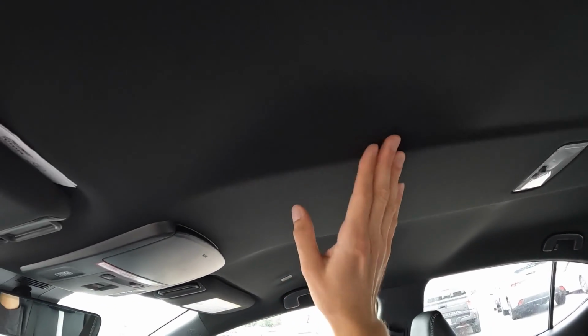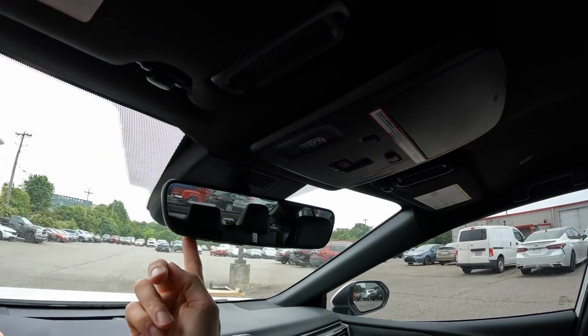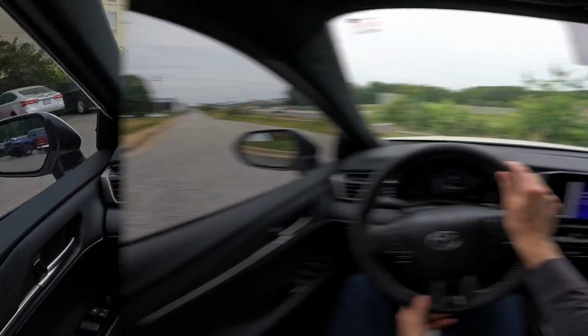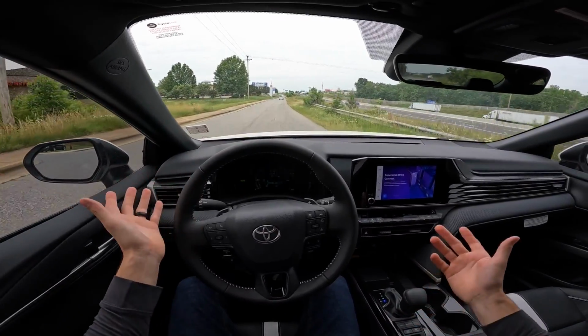Dome lights up above and kind of a double bubble roof like in a Supra. You also have some storage here for sunglasses, dome lights, and then you have garage door buttons underneath the mirror. So setting off now in the new Camry, if I hit EV mode, you can drive it, of course, in